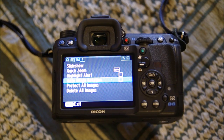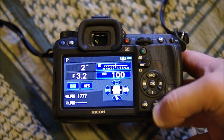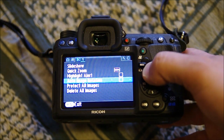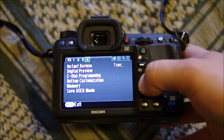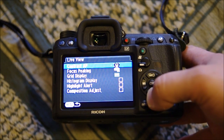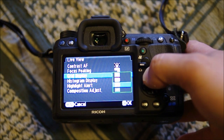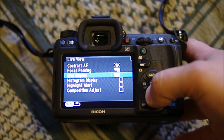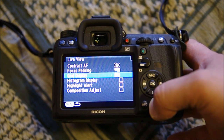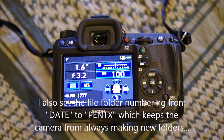And in live view, one of the last things I do is set focus peaking on. You know what? I forgot to do this. I like the grid display too in live view. The rest of it I'm not too worried about, so I can turn that other stuff on and off when I want to. So those are my basic configurations